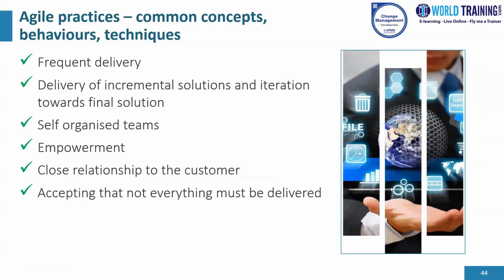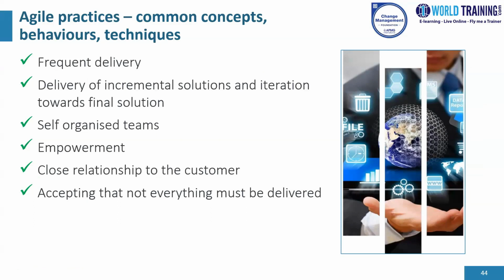There is this concept called frequent delivery. It is better to deliver a little often than to wait until everything is complete. Frequent delivery has the advantages of early benefits and early learning. This is closely related to the next point, which is delivery of small incremental solutions and iteration towards the final solution. Self-contained parts of the eventual complete solution are released and the delivered solution evolves. At each of the frequent iterations, the customer can commit and revise needs.